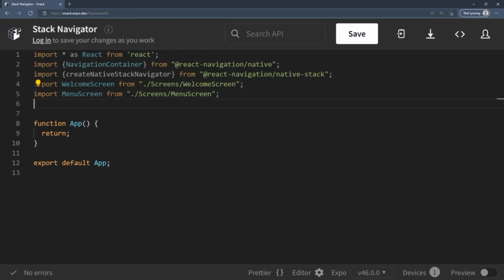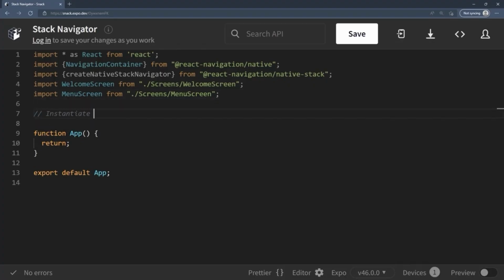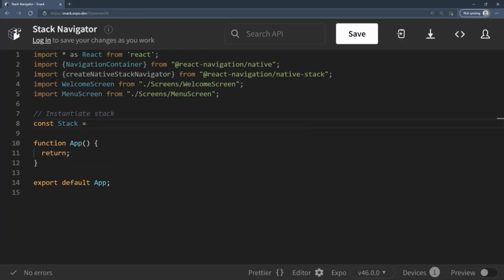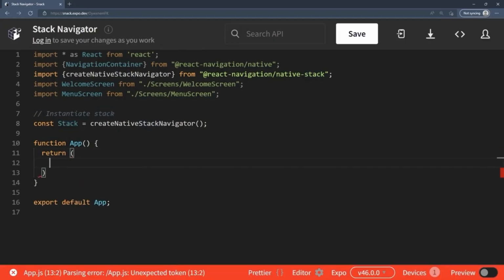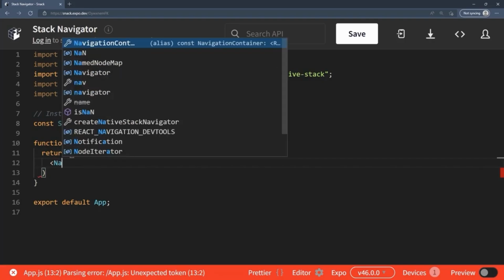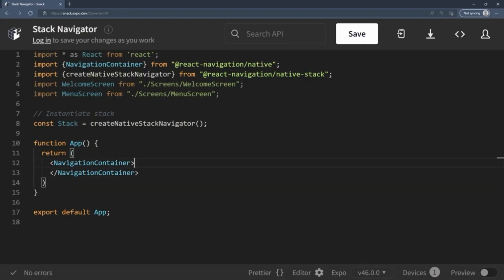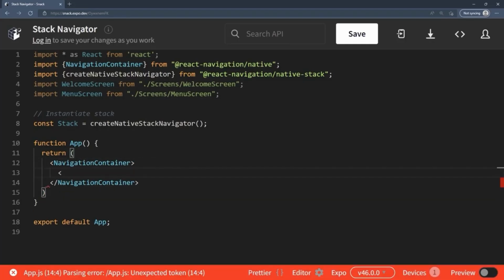My next task will be to instantiate the stack. Keep in mind that all the routes will be pushed on top of a stack. So I'll name the new instance stack and give it the Create Native Stack Navigator method. I'll use this stack object to create my Stack Navigator. Let's go over to the return statement of the application, where I'll call the navigation container component. Remember that this will wrap around the whole app,